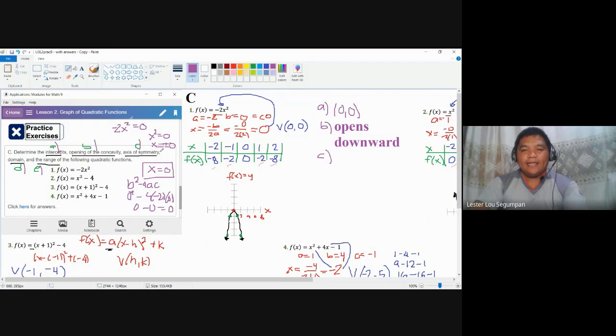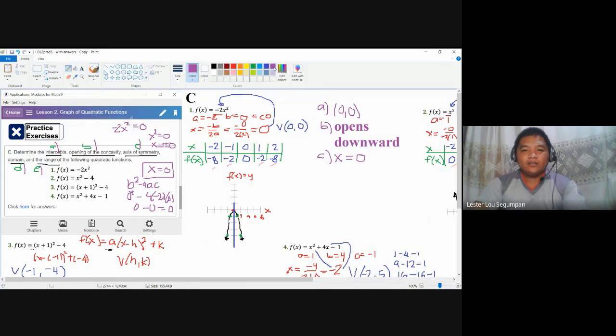Axis of symmetry. The axis of symmetry is a line. When drawn, it will divide the parabola into two equal mirror images. So if we're going to have this line here, it is placed here, overlapping with the y-axis. This divides the parabola into two equal parts. And then the line of symmetry, also called the axis of symmetry, is an equation of a line in terms of x. So what is the value for x here? 0. So this is the axis, or line, of symmetry.